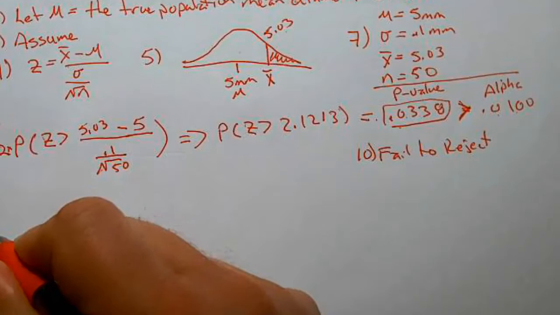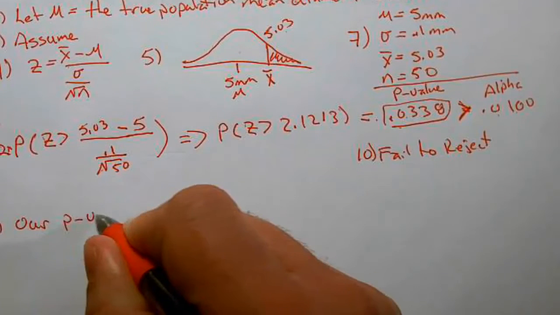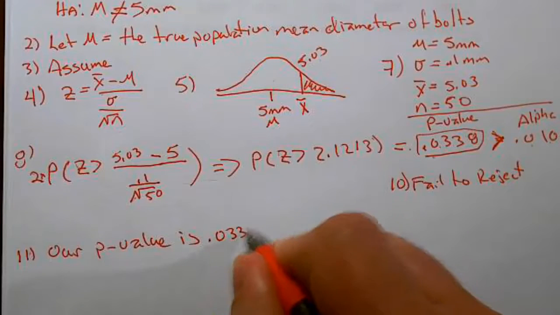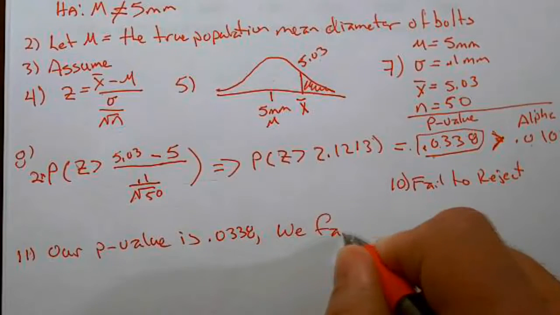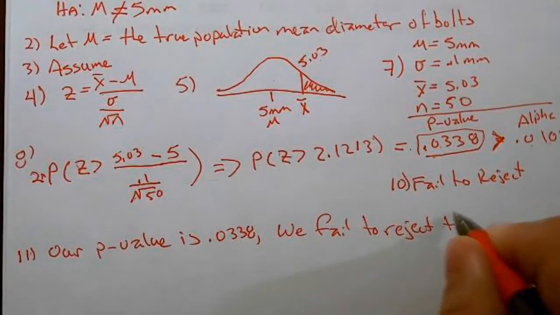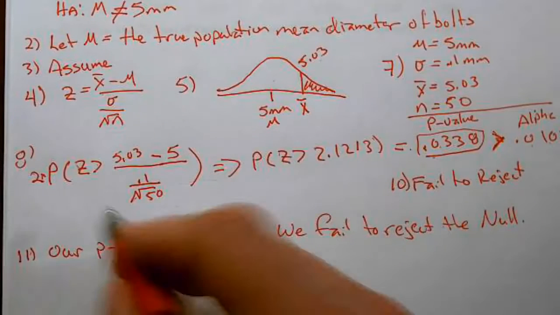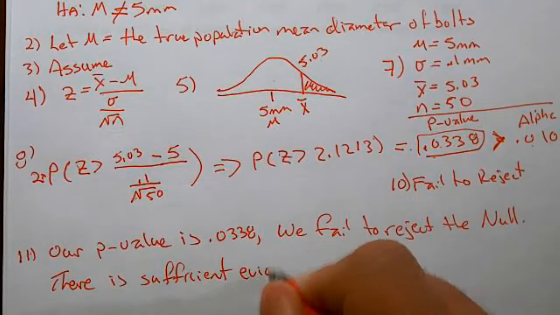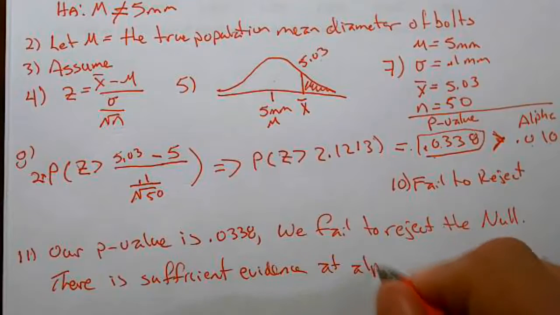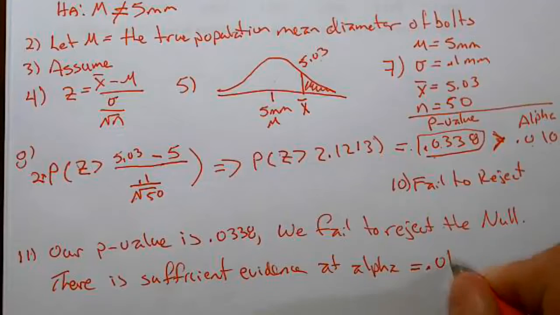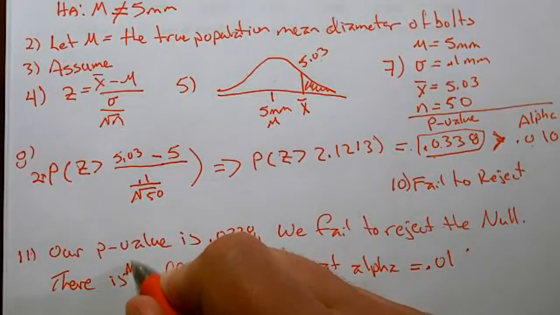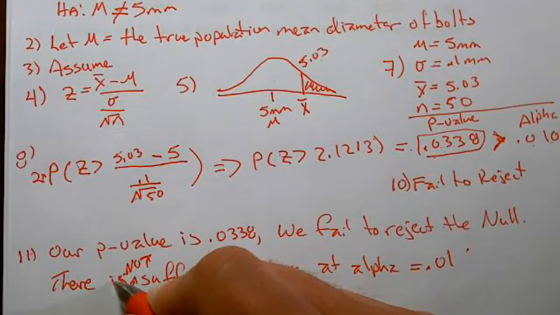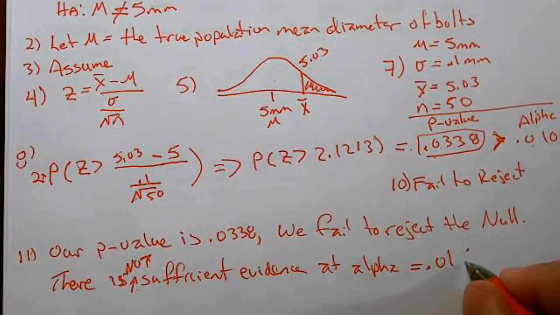So number 11, our p-value is, in this case, 0.0338. We fail to reject the null. There is sufficient evidence at alpha equal 0.01. That was our alpha level. Excuse me. There is, remember we failed to reject. So there is not, please don't forget the not, because that makes all the difference in the world. There is not sufficient evidence at alpha equal 0.01 to suggest